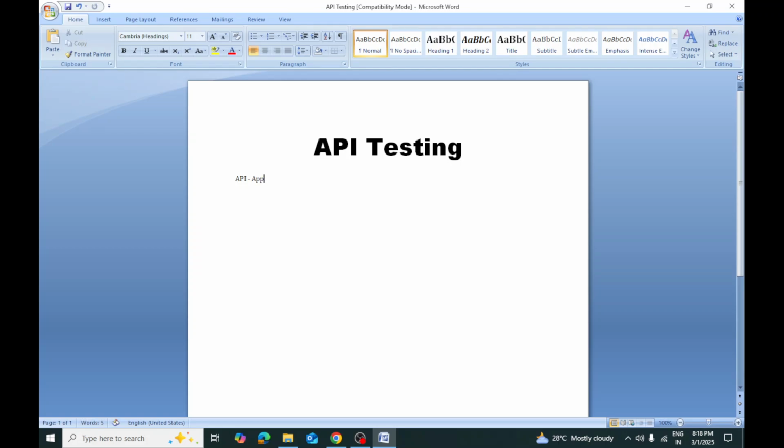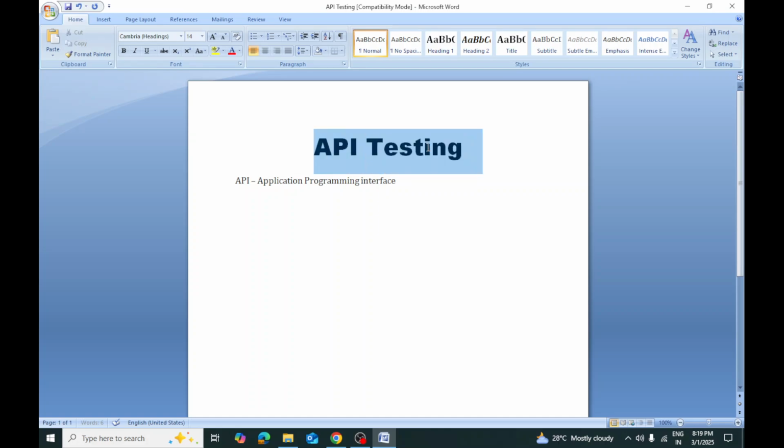It stands for Application Programming Interface. What is this? What is Application Programming Interface? What is the purpose of doing the API testing? So that means before you understand these terminologies, first you need to have certain basics before we go and get